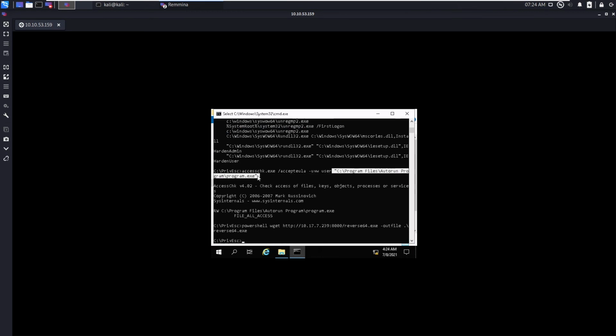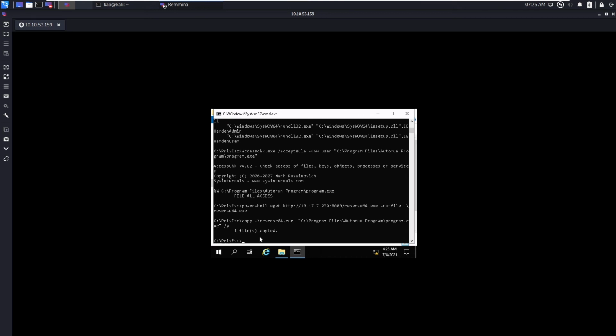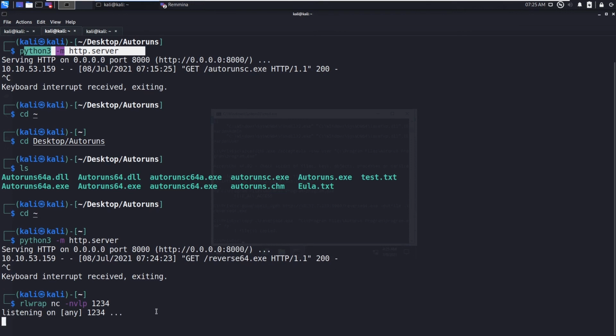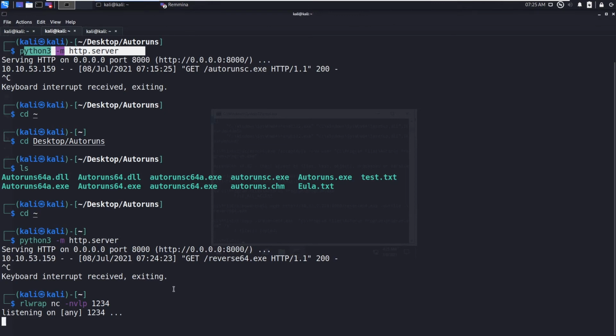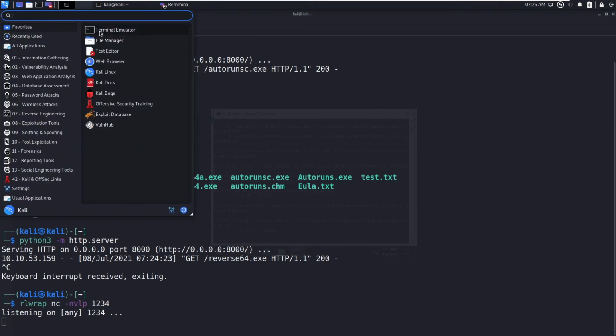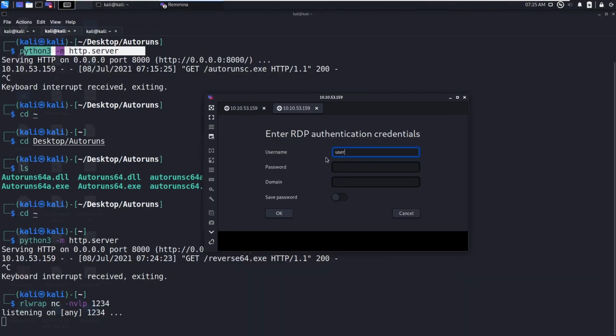Right now what we are going to do is copy this path exactly, and then we are going to overwrite it. Copy current reverse 64.exe and paste that program.exe path, and I think it's Y. Now hit enter. You can see it's automatically copied. Now what we need is the admin to log in. Whenever the admin logs in, that binary gets executed. Let's assume that we are the administrator and we have the password. So assuming that the administrator has logged in,